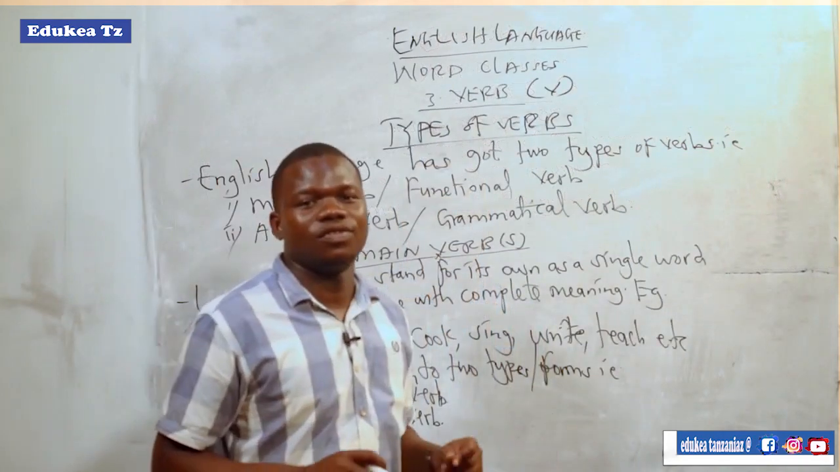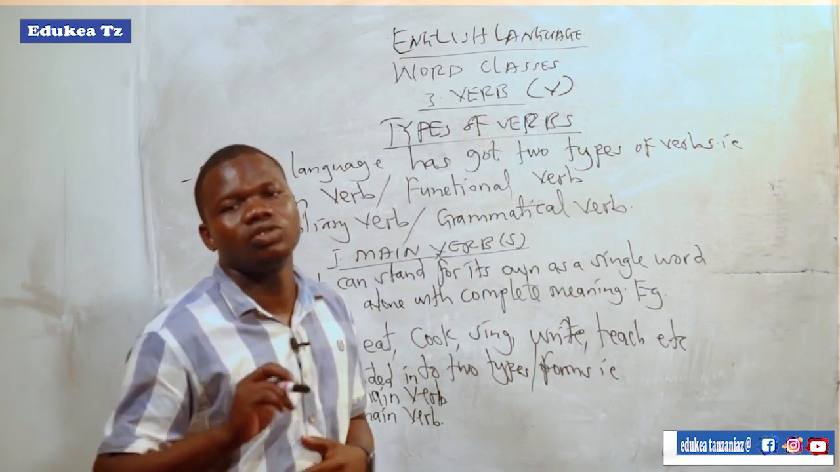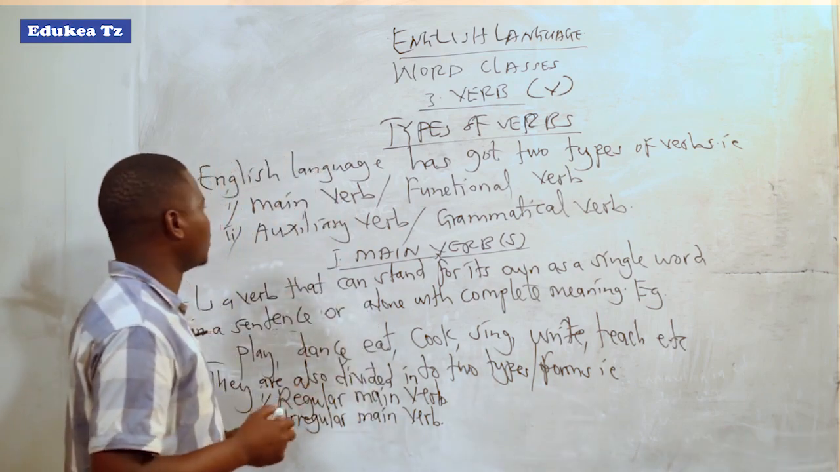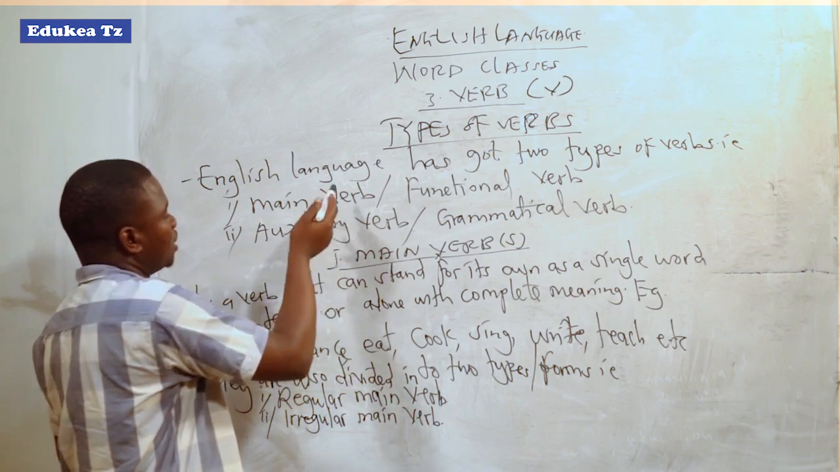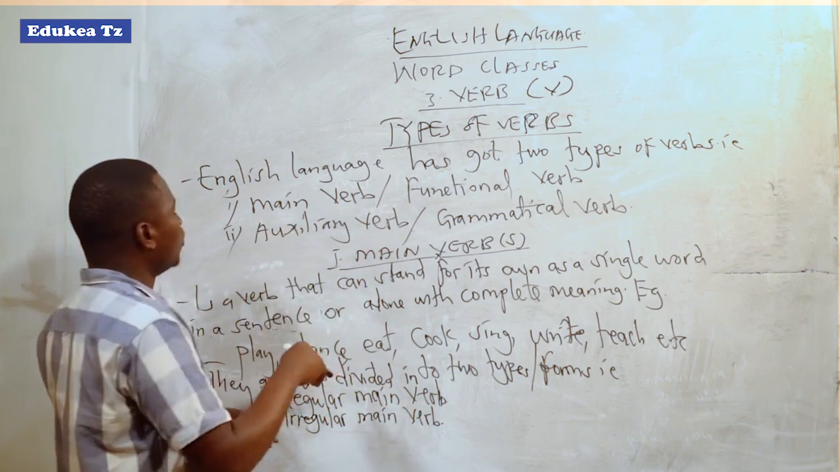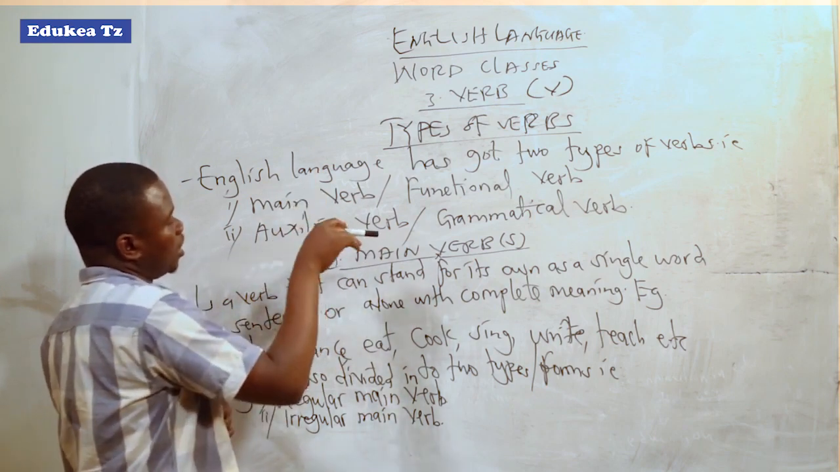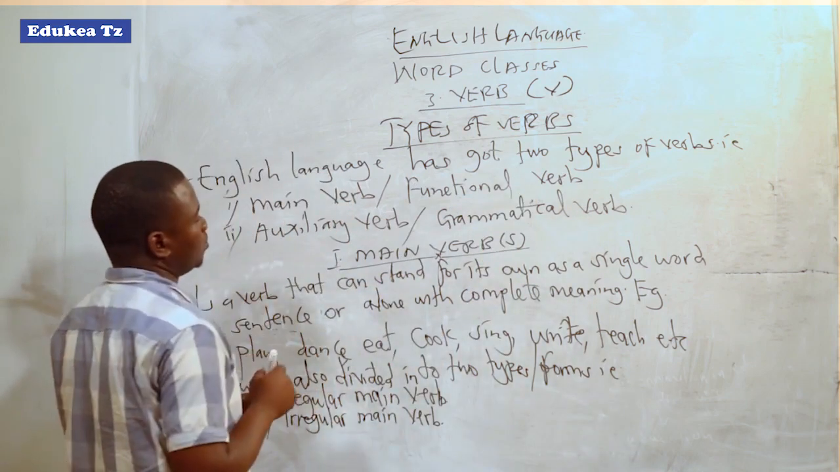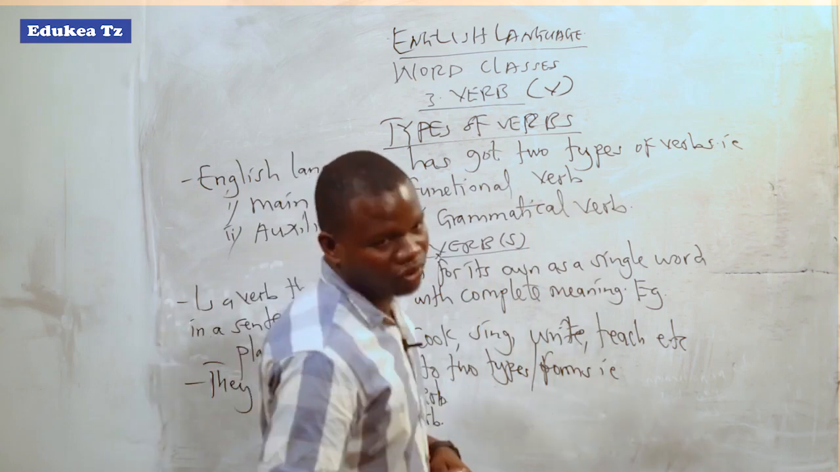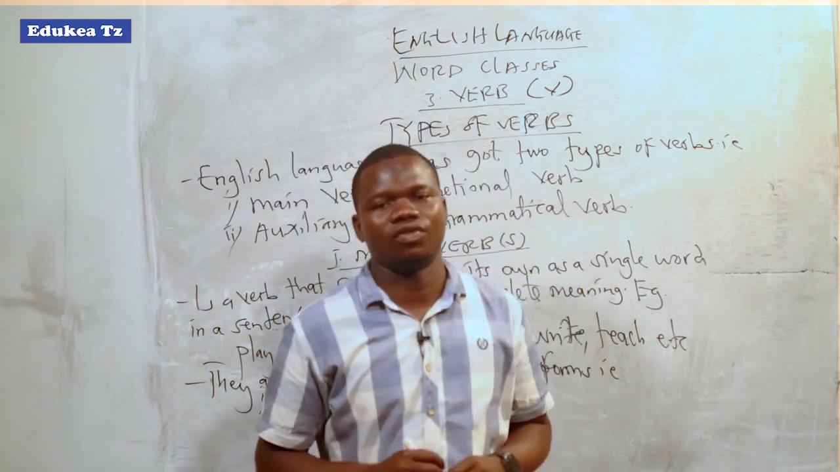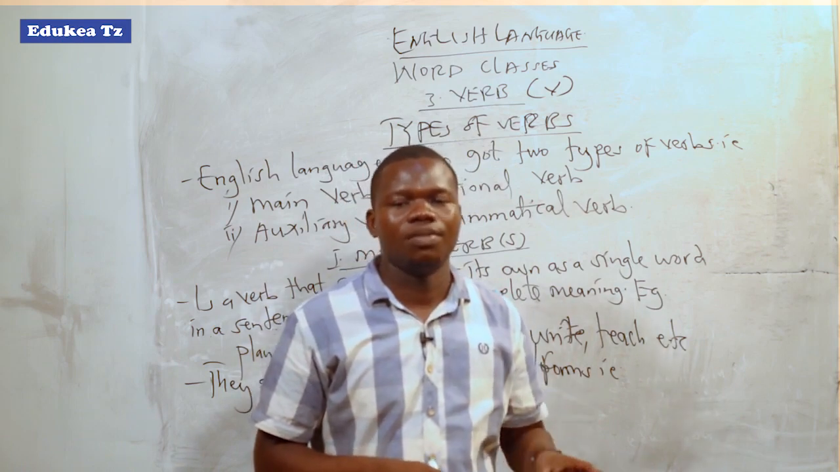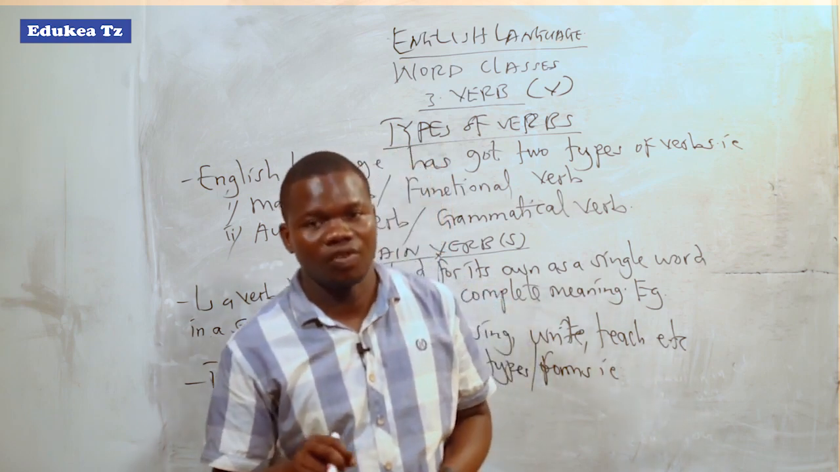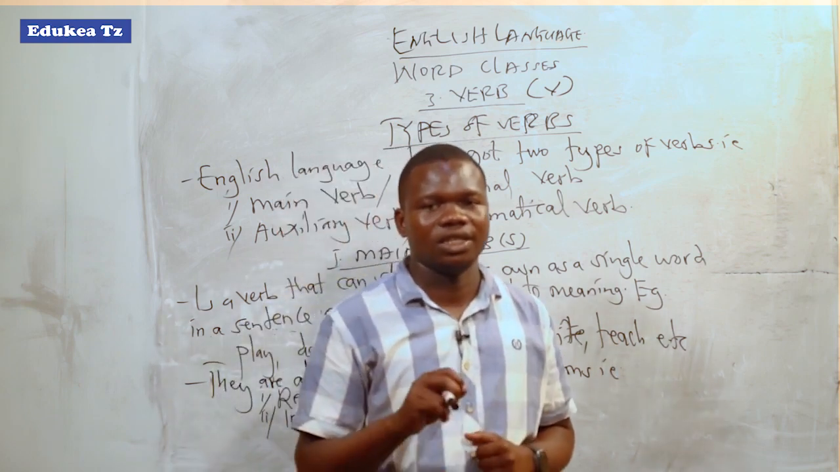So let us proceed with the types of verbs. We have two main types of verb in the English language, which are the main verb as well as the auxiliary verb. Another name for the main verb is functional verb. In the auxiliary, we may call them grammatical verbs. So English has two types of verbs, which are the main verb, or functional verb, and the auxiliary verb, or grammatical verb. Let us start one after another,